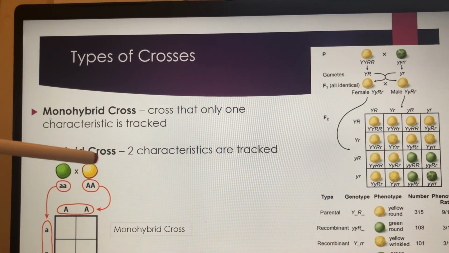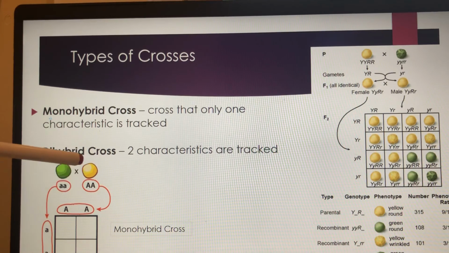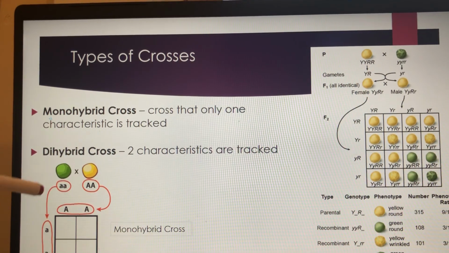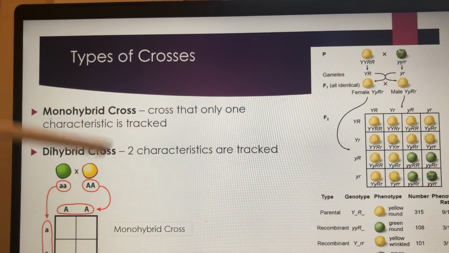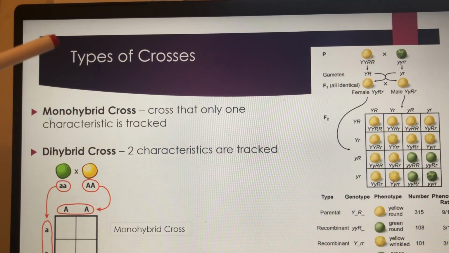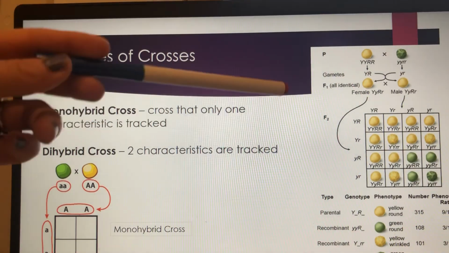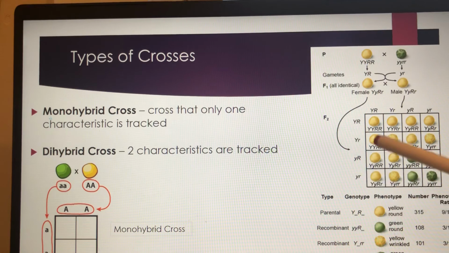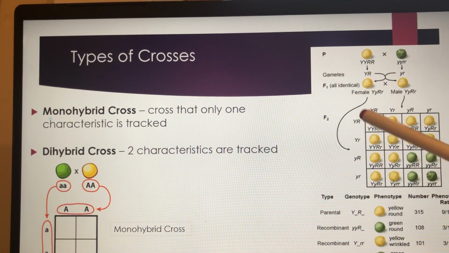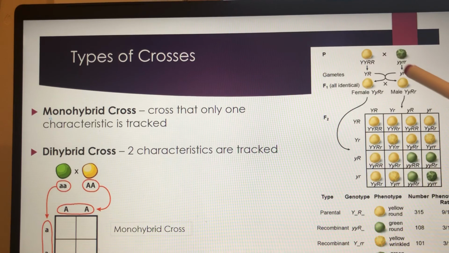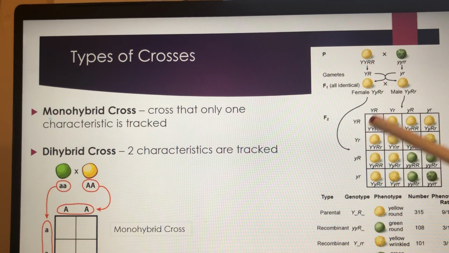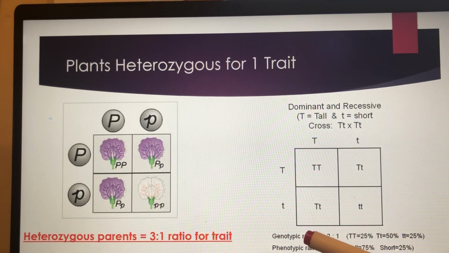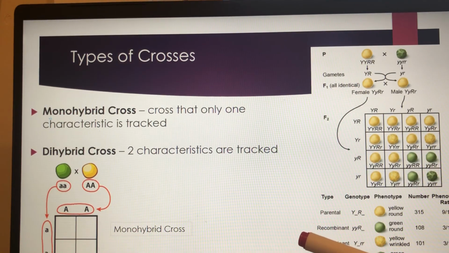This is showing you with the monohybrid. I like this picture because it shows you where these genes go up here and these genes go down here. The dihybrid's not that. It's the same principle going on to set this up where all of the females' different allele combinations, meaning how they would be sorted in the egg, are down here, and all of the males or all of one of the sexes is on top. The genes don't mix between the male and the female until you get down here, all right? And what I'm going to do, I'm going to go through a couple